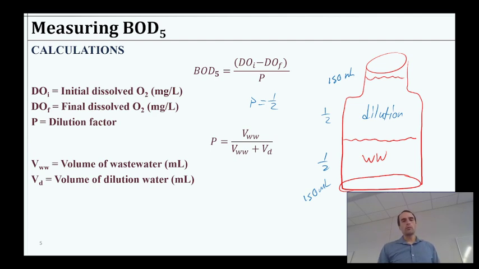It's very straightforward here. So we will get to a few small complications with the dilution process because a lot of times we have to add some bacteria. If we add a whole bunch of very clean water to just a tiny bit of wastewater, we might not have enough bacteria to survive. So we end up adding some bacteria, which means sometimes we add a little bit of BOD even with the dilution water. It just complicates it a little bit, but not too bad. So we'll go over some examples and we'll flesh that out a little more next time, and we'll pick up here.